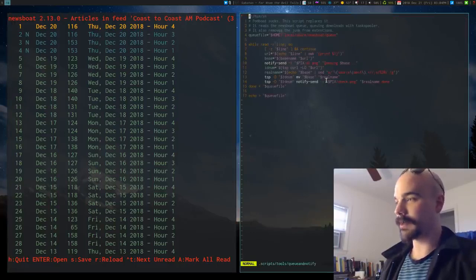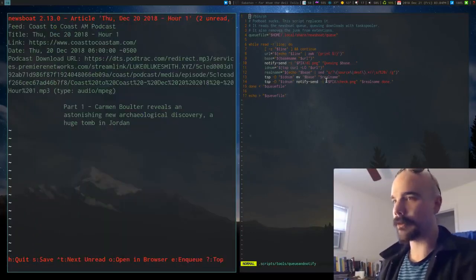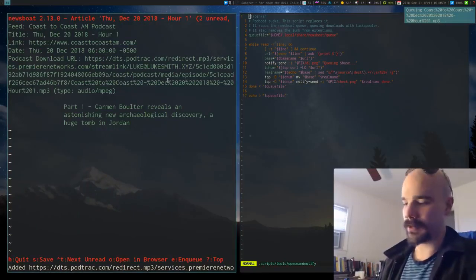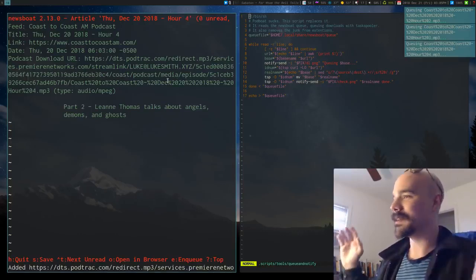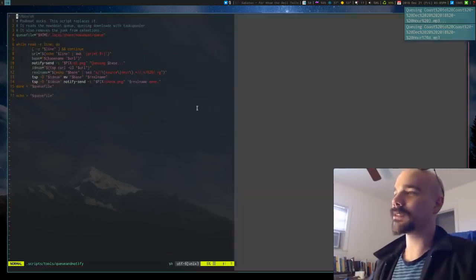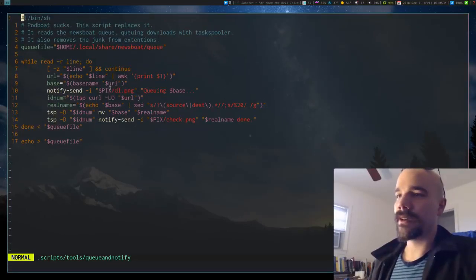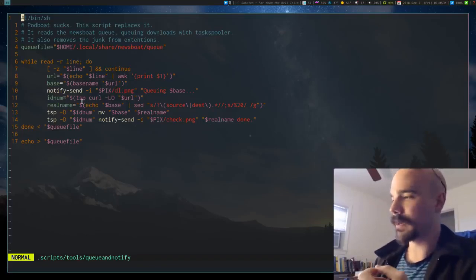So what is the queue and notify command? Well, we can go see that. It is a little script. Actually, I'll show you how it works. Just go in here and queue it, and you'll see I get this little message saying enqueuing this podcast. I'm going to enqueue this one, enqueue that one, enqueue that one. Now they're all enqueued. And what this is actually doing, if you check the little script here, is it uses Task Spooler. I don't know if you know about Task Spooler, but it's just a little thing that